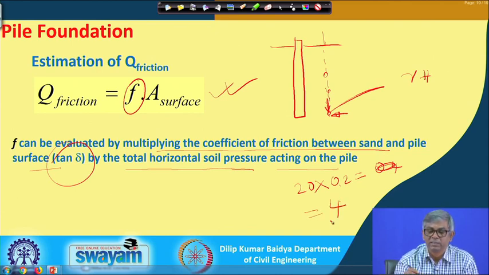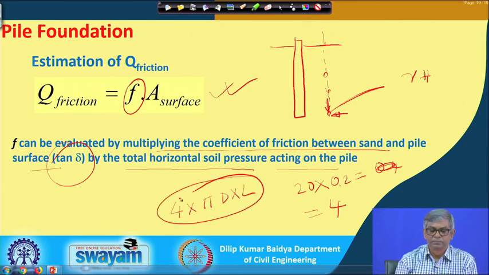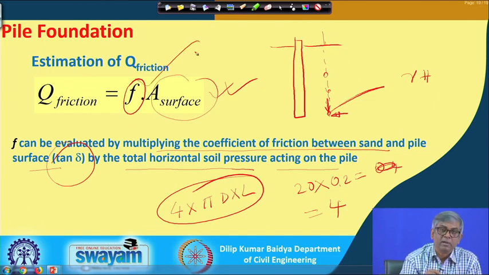So, the unit skin friction will be 4, and then the capacity will be equal to 4 multiplied by pi d multiplied by L. So, this will be the frictional capacity. To calculate the frictional resistance, the surface area is known already, and you have to find out f. How to find out f? First find out the vertical pressure along the length at different depths, then by multiplying by the lateral earth pressure coefficient you find the lateral pressure, then multiplied by the frictional coefficient, that is tan delta, that will be your unit skin friction.